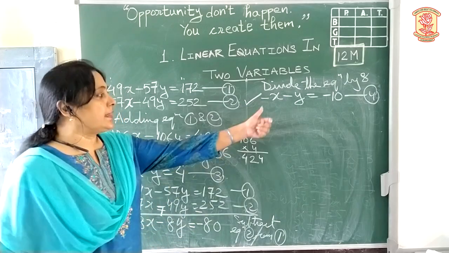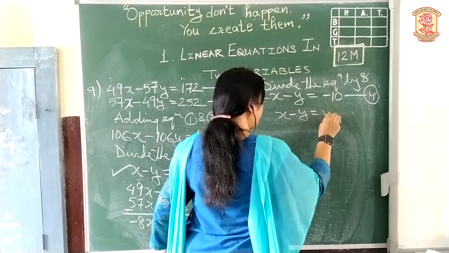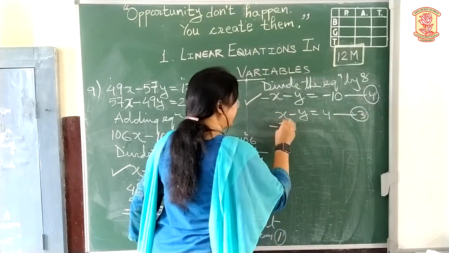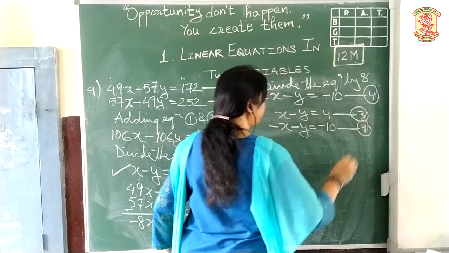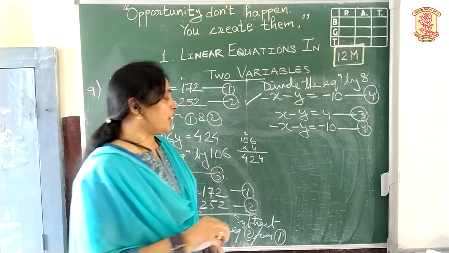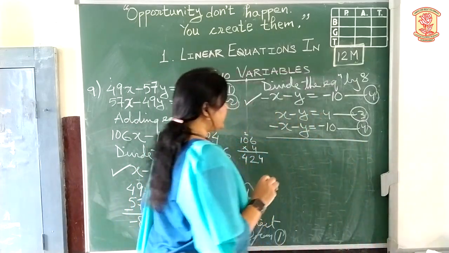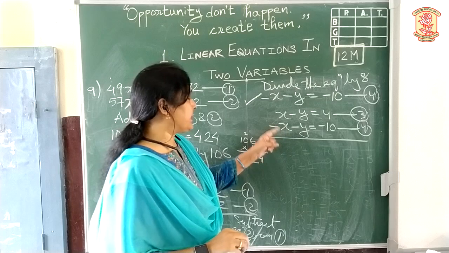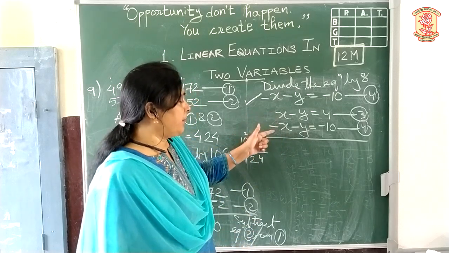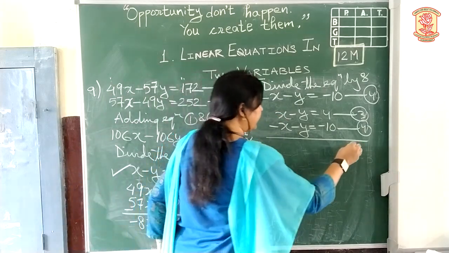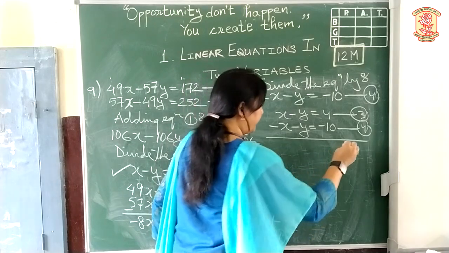Now we are going to consider these two equations, that is x minus y equals 4 and minus x minus y equals minus 10. Again, we are going to solve it the way we have solved the previous equations. If you see here, the coefficient of the variable x is the same and the signs are opposite. So that is plus 1 and minus 1. So here we can add the equations so that the variable x is removed. It is eliminated.